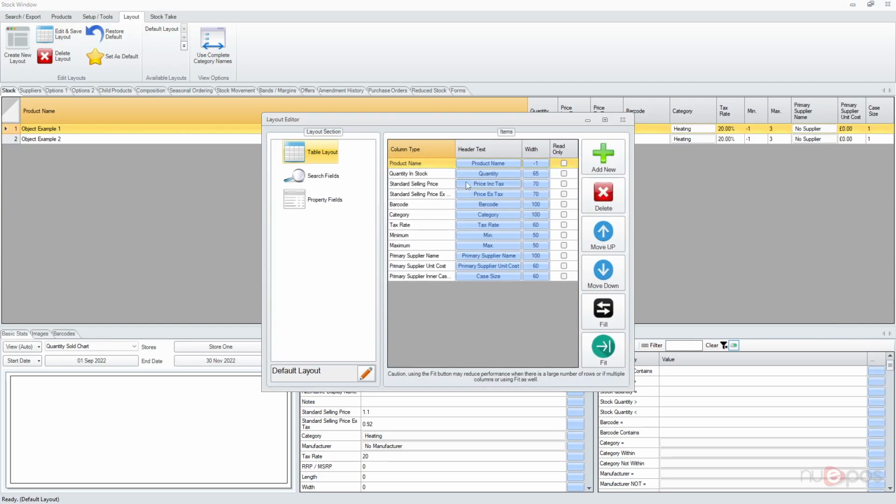If we go edit and save, I can put it back to 60. -1 means fill the entire column to use as much of the screen as possible. -2 would be fit, which means make the column as wide as it needs to be. But bear in mind that there can be some performance impact when you're using that with a lot of records